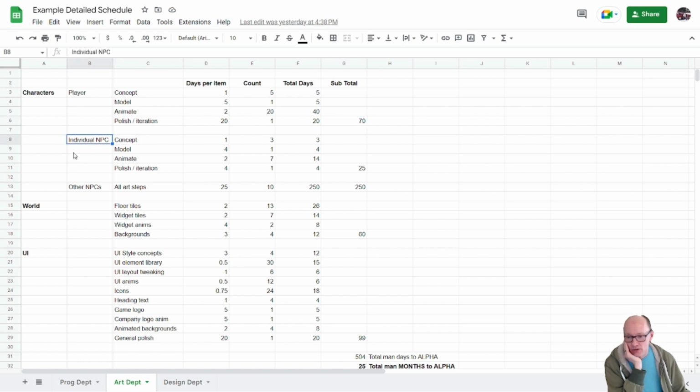Then let's think about one individual NPC, so our cactus enemy or something like that. And I've gone with the same format, but the numbers are a bit different. So concepts, 1 day to come up with a concept. We're only going to do 3 per NPC. So 3 days of concepting.